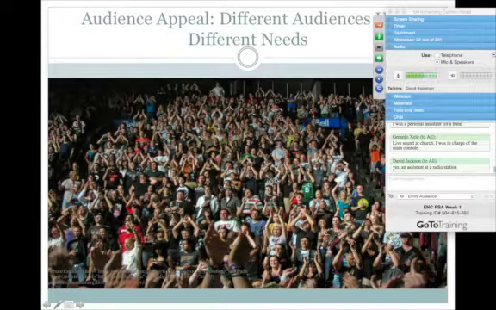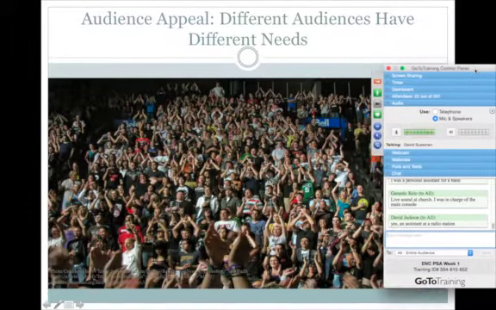So we're talking about audience. And I've already stressed that different audiences have different needs. This is going to be important because your public service announcements are not going to target everyone. If you have a music-related topic, for instance, there's a big difference between trying to address your topic to music fans versus the artists themselves, or maybe the CEO of a record label versus music producers. Your issue might be broad enough that it could affect all these different audiences, but ultimately you're going to try to target one. So how do we reach different audiences in general?